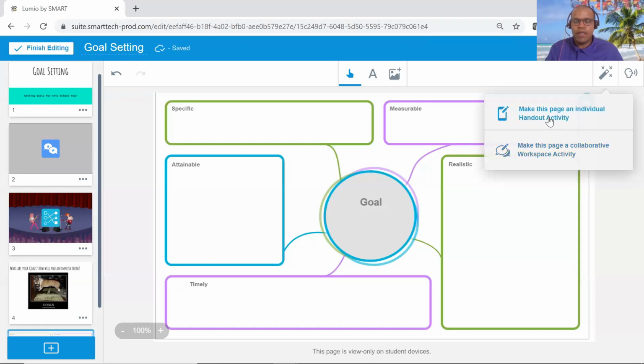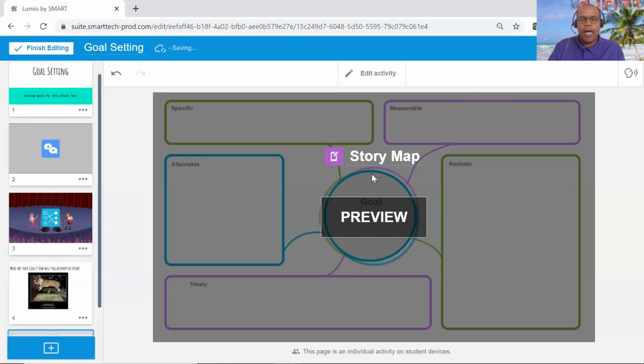So we're going to go ahead and just make this an interactive handout. And then from there, again, I could just change the name of this. So I'll just put goal setting. All right, so from here, I can also, one other feature before I finish up with this activity,